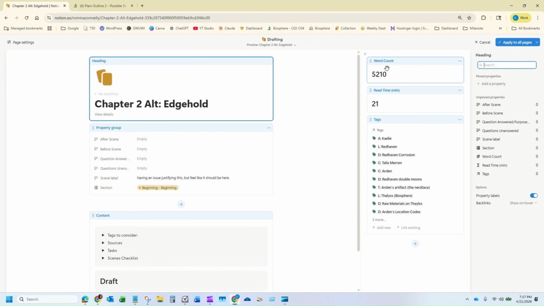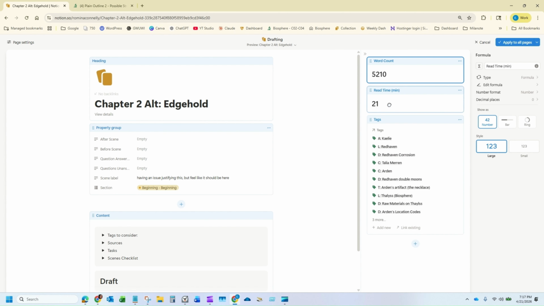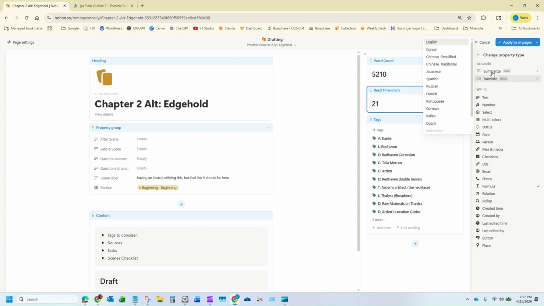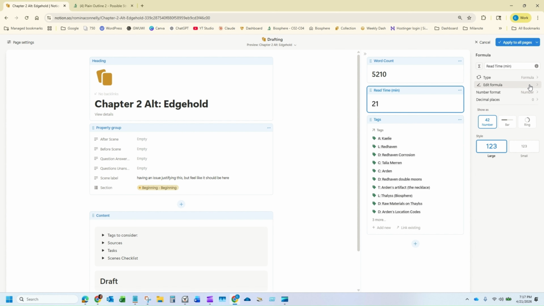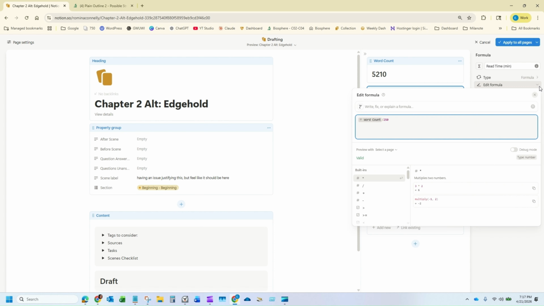So this you can customize the page by bringing in the word count, which is manual, unfortunately. I'll show you how to look that up in case you're not aware, but you'll have to type this in manually, and then it will calculate. I used a formula to help me calculate the read time. Usually the average read time for anyone is 250 words per minute, and that's why I just use this formula. It's very simple. You take the word count property and then you divide it by 250 to get the